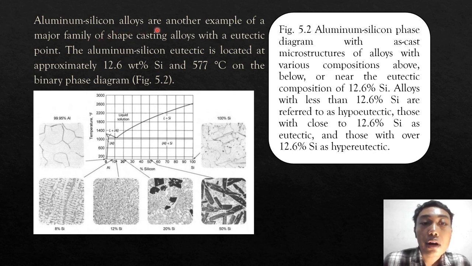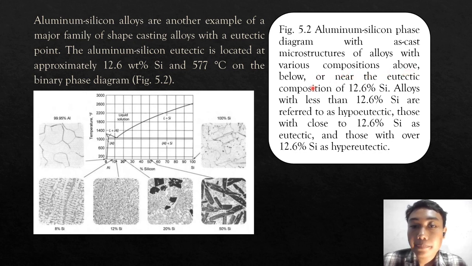Aluminium-silicon alloys are another example of a major family of casting alloys with a eutectic point. The aluminium-silicon eutectic is located at approximately 12.6 wt% Si and 577 degrees Celsius on the binary phase diagram, Figure 5.2. It's like this: Figure 5.2, the aluminium-silicon phase diagram with micrographs of the microstructures of alloys with various